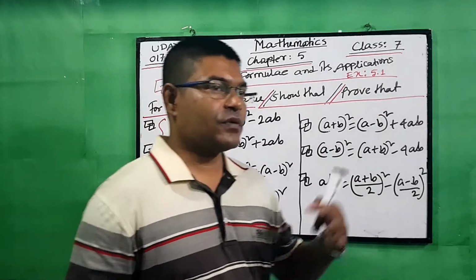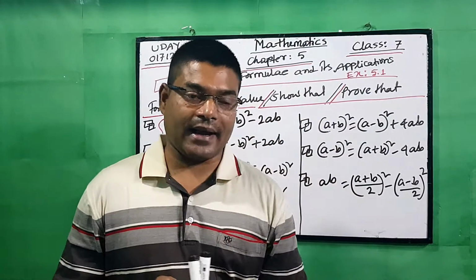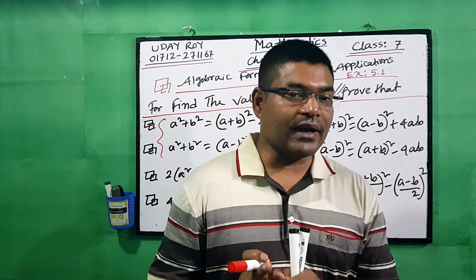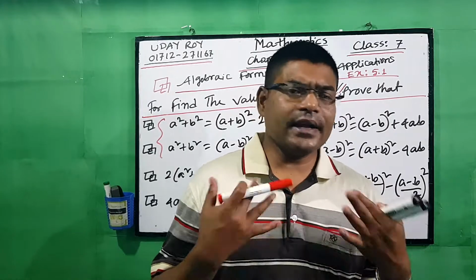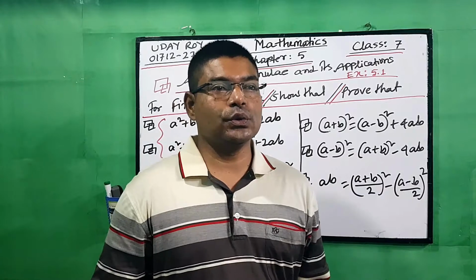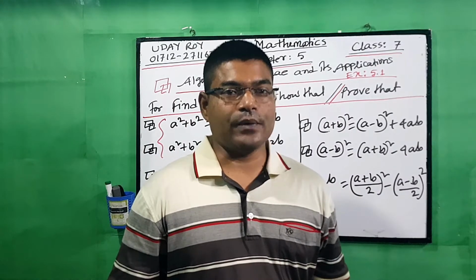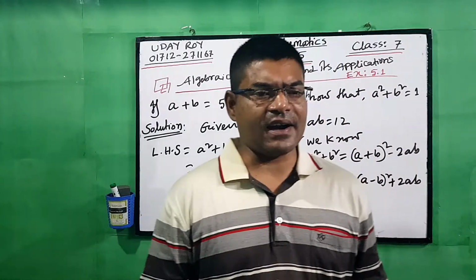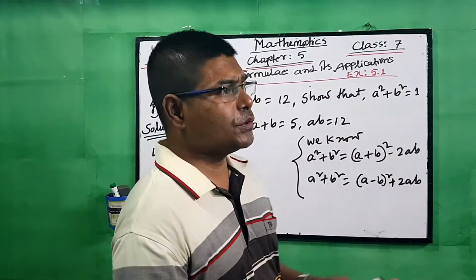Remember it. In the first lecture we learned find the square, but today's lecture is related to find the value, show that, and prove that. So let's come to the board. We'll do some maths related to show that and prove that. Students, please follow the board. Already we have learned some corollary. You have to remember them always. Now we will do the maths.